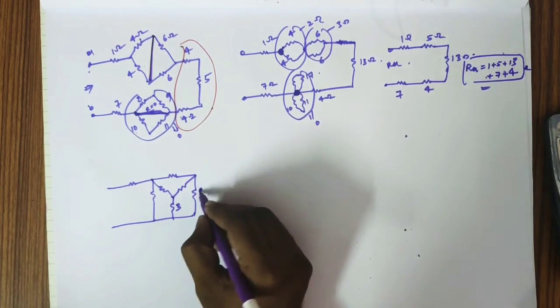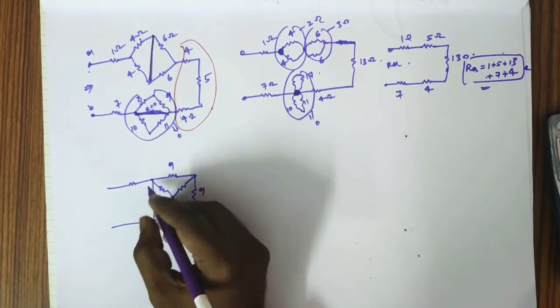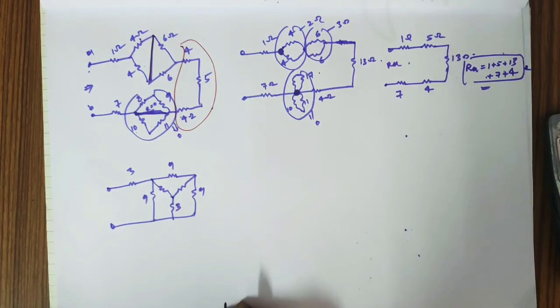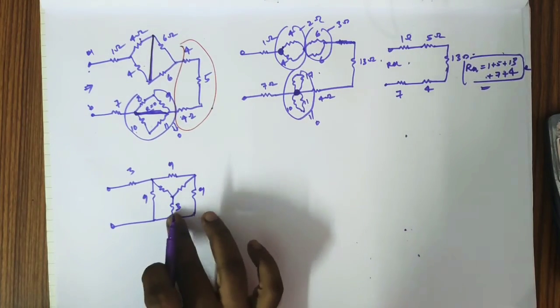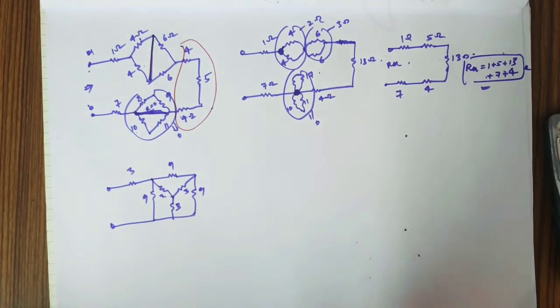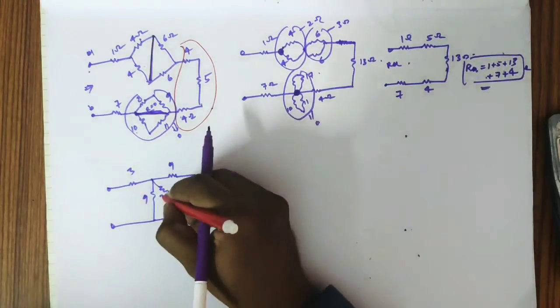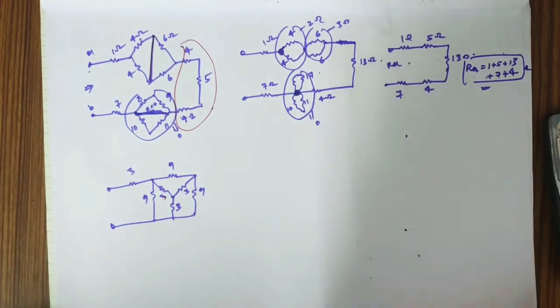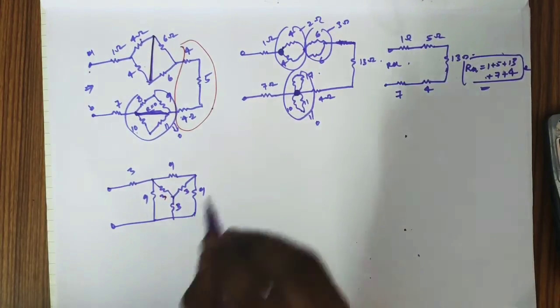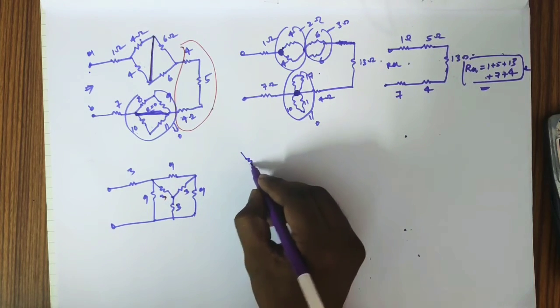So 3 ohm, 9 ohm, 9 ohm, 9 ohm, 3 ohm. Now what happens here is, there is no provision of series-parallel combination. The 3 and 9 look similar to a parallel form, but they are not parallel. But you have these 3 elements connected in star. So 3, 3, 3 are star. Whenever 3 elements are star connected,